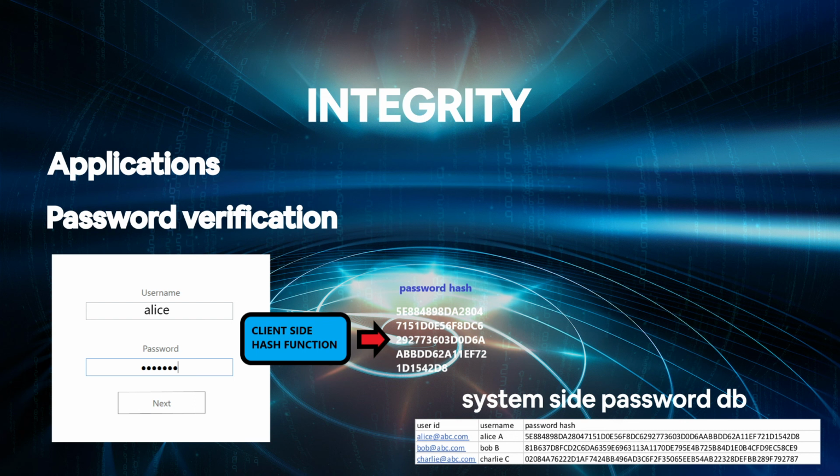A well-programmed software will also make sure the hashing function takes place as near to the input as possible, to ensure the password is not exposed as clear text during transmission,